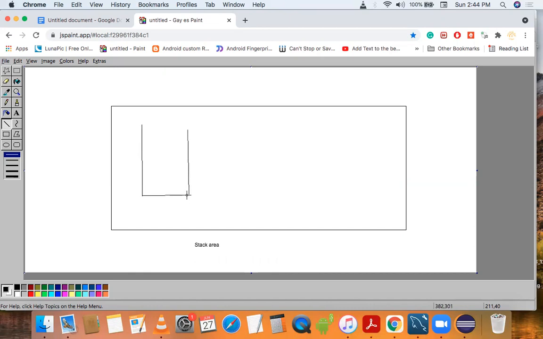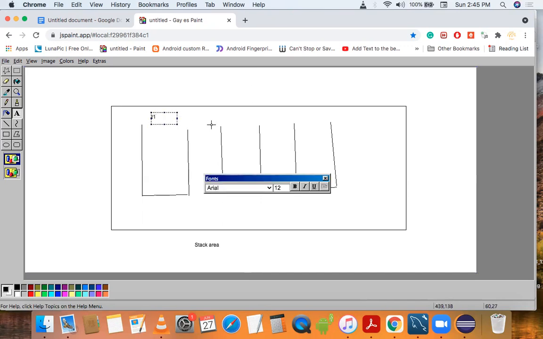Suppose this is our runtime stack 1, this is our runtime stack 2, and this is our runtime stack 3. This is our T1 thread, this is our T2 thread, and this is our T3 thread.